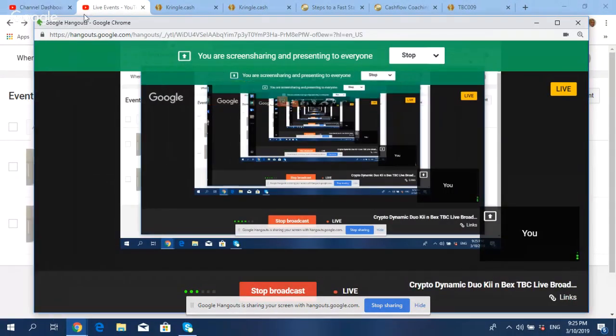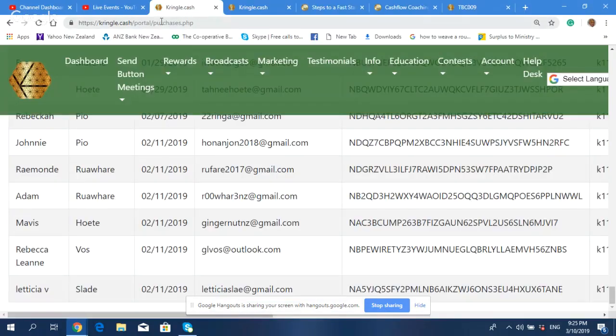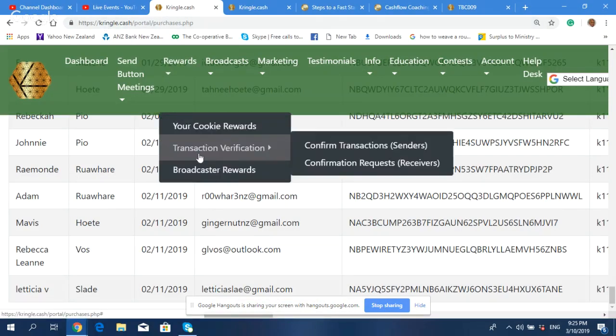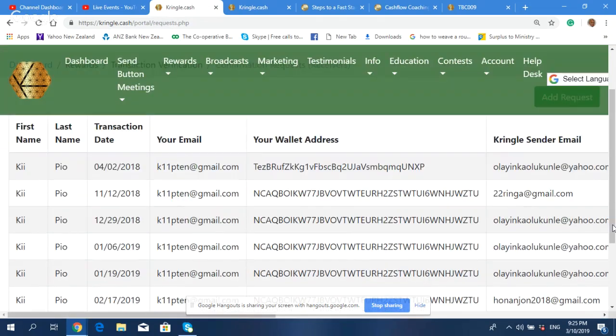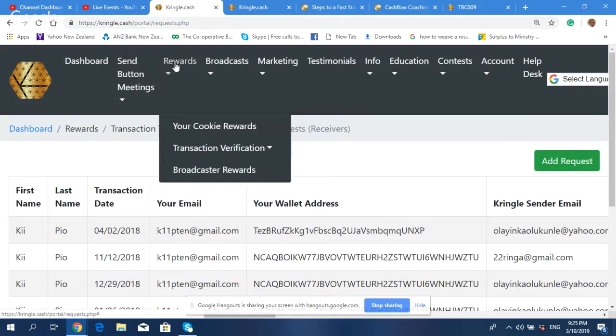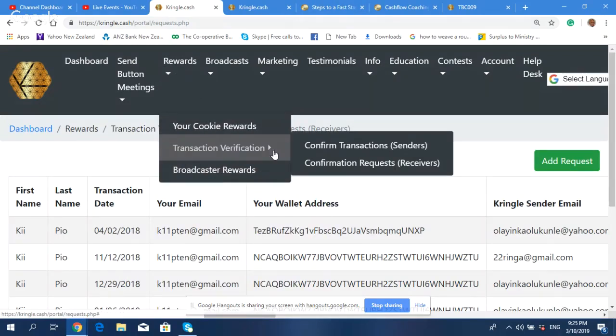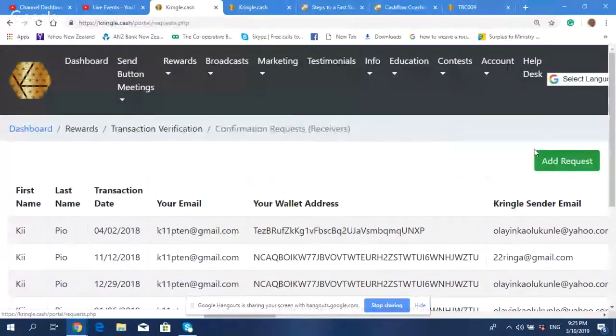So what I'm going to do is go back in and do that live wallet one. Single cache. And this is when you require a purchase from another seller. So you go into there. Remember, you go into transaction verification and you click on confirmation request. Okay. Once you've done that, you just go add request